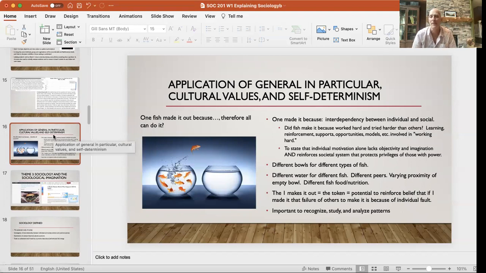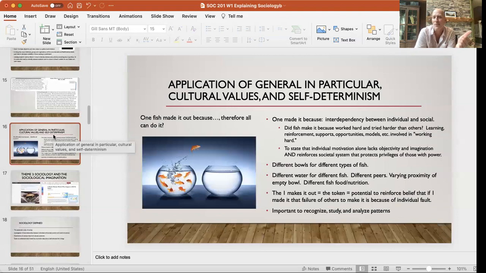Okay, so another way to think about it, I think I came up with this idea, or I've heard it, a fish out of water. So I ran with it and started thinking, okay, free will is like, let's say, a bowl of fish and they're in poverty, right? And one fish makes it out. Sometimes we use that as an example: well, if that fish made it out, then all the other fish can make it out too. So it's this very free will kind of perspective. Well, one made it out, but there's a relationship between the individual and society itself.